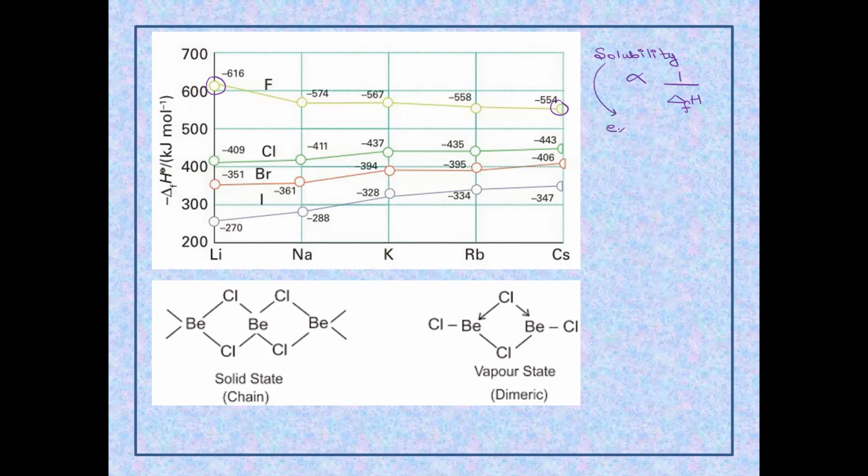The enthalpy of formation increases. That is one factor, but the solubility decreases when the hydration enthalpy is more than the lattice enthalpy. Correct. The hydration enthalpy dominates over the lattice enthalpy, then only the salt is soluble. तो दोनों ही decrease होता है. But when the decrease in hydration enthalpy is more as compared to the decrease in the lattice enthalpy, the solubility goes on decreasing, and this is the trend observed for all the salts with the exception of